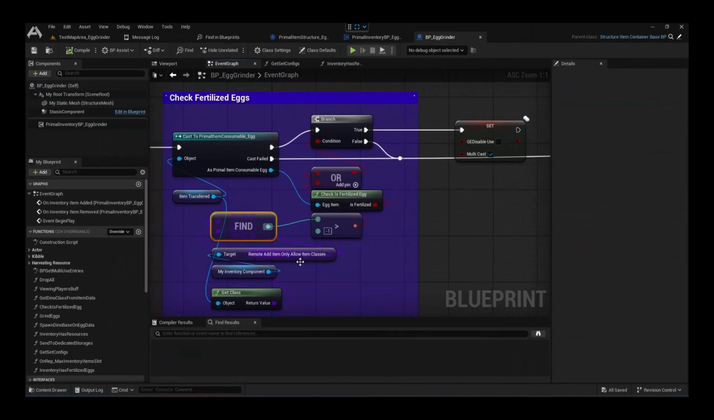Yes. One class remote allow. Why is it false? Yeah, it's false. It's because, I'm sorry, I got confused quick. Really easy right there. It is disabling our multi-use, which is the button for grinding the eggs. So you disable it because